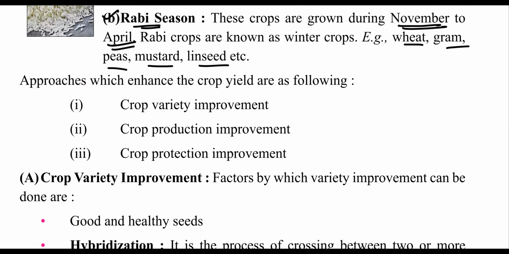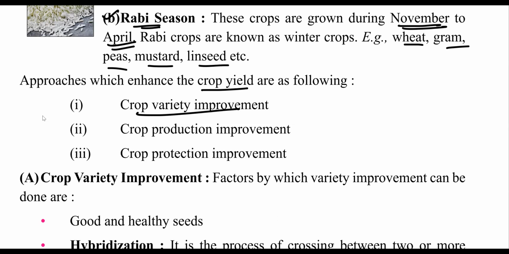Yes, sir. So approaches which enhance the crops means what are the things that we need to do to improve the crop yield. Crop yield means crop production, how the production of the crop can be improved. So first of all, we require to improve the crop variety. For example, if there is a crop that is going to get easily diseased, that can easily get infected by bacteria or some pathogens. So we have to improve the quality of the crop,